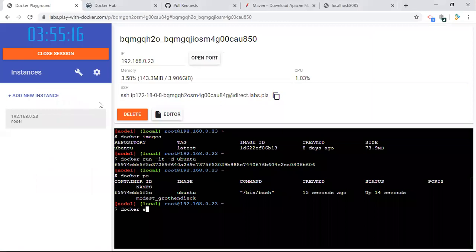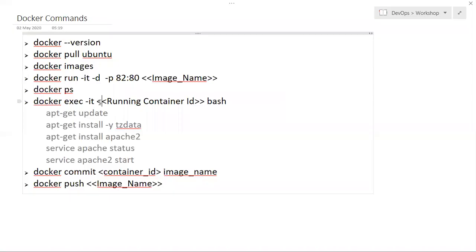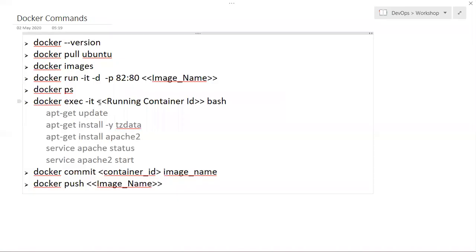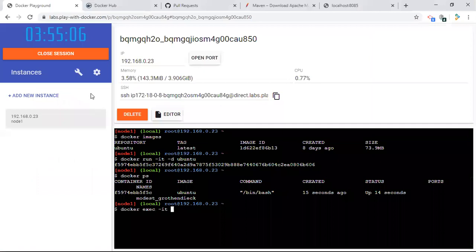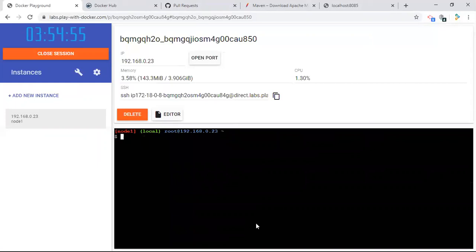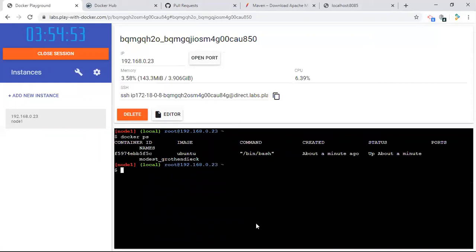Docker exec -it, where it means interactive mode, then we have to give the container ID. Docker ps, docker exec -it.